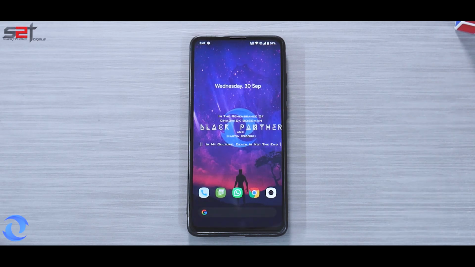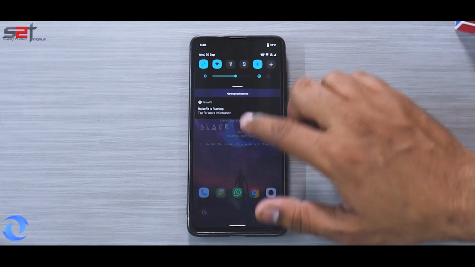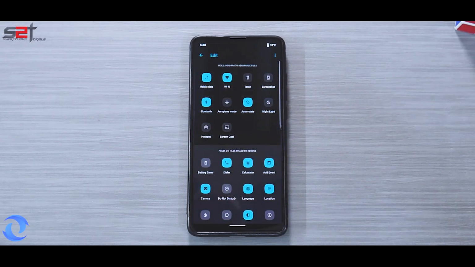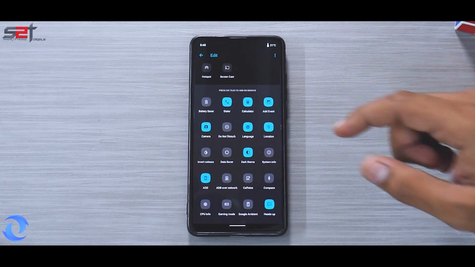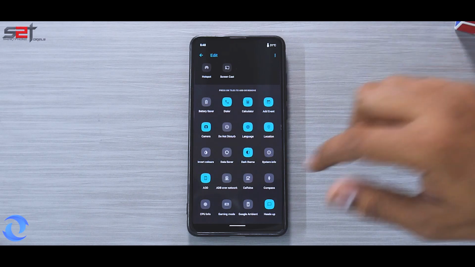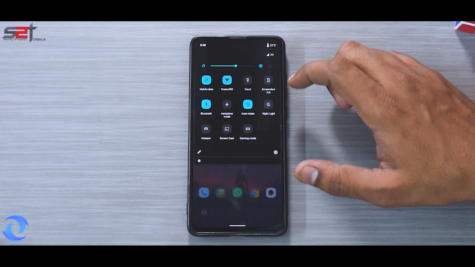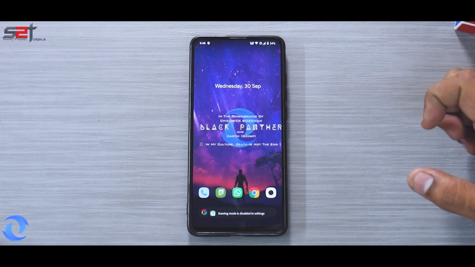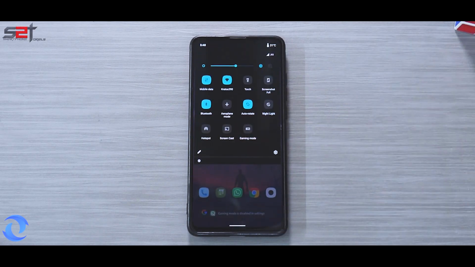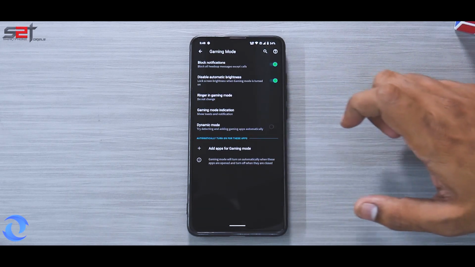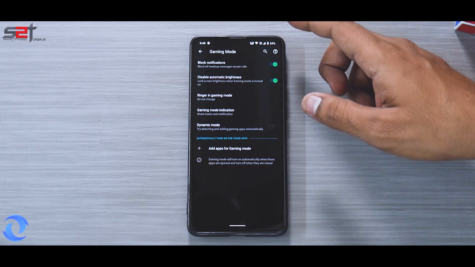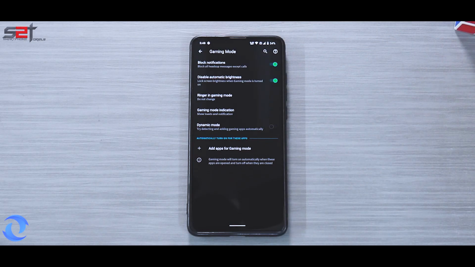When it comes to gaming, a lot of people would ask me, do you have gaming mode? Do you have this? Do you have that? But what I would rather ask is, does this particular ROM have an FPS counter? I've not really been able to find that, but as far as the gaming mode is concerned, I can definitely tell you it is there and it works just fine the way you would want it to work. You do have dynamic mode, you do have all the block notifications and all the other things that you would need. So yes, the gaming mode works as expected,